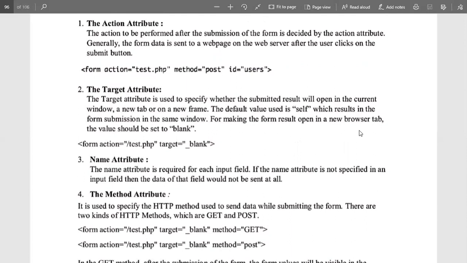What do we mean by form creation, and how can we differentiate each and every input? That is done with the help of IDs, whether the IDs are similar or not. If the values and IDs are similar, does this create any problem, or is there no issue at all? So these are some small key points that we have to focus on in forms and their attributes. I hope this is clear to all of you.